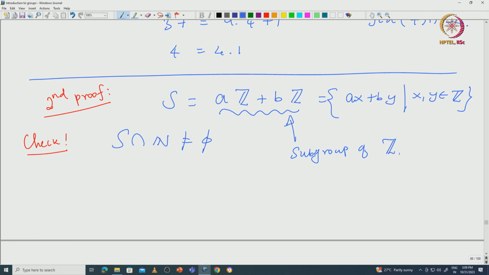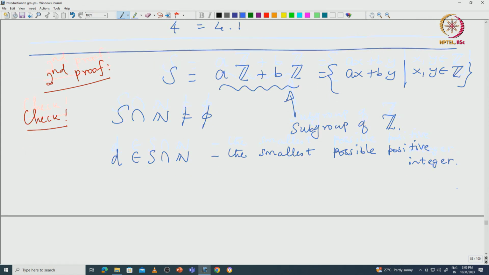Okay, we have already seen what all the subgroups of integers are. A subgroup of integers must be of the form dZ for some d. So in particular, this must also be some dZ. So that is the d that we are actually looking for. We always choose d to be a positive integer so that it generates. Okay, so what is the d? Indeed, d is the smallest possible positive integer. So then take d inside this intersection with N. So this is the smallest possible positive integer.